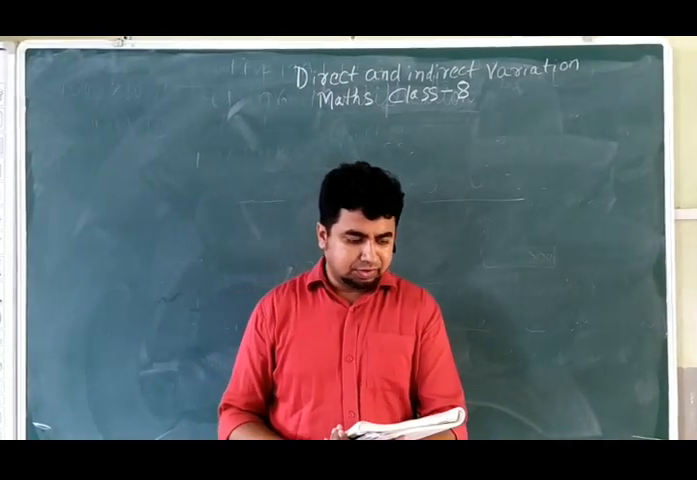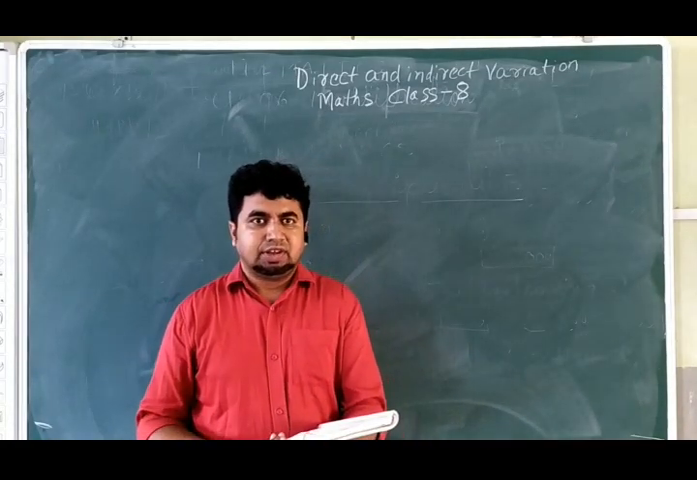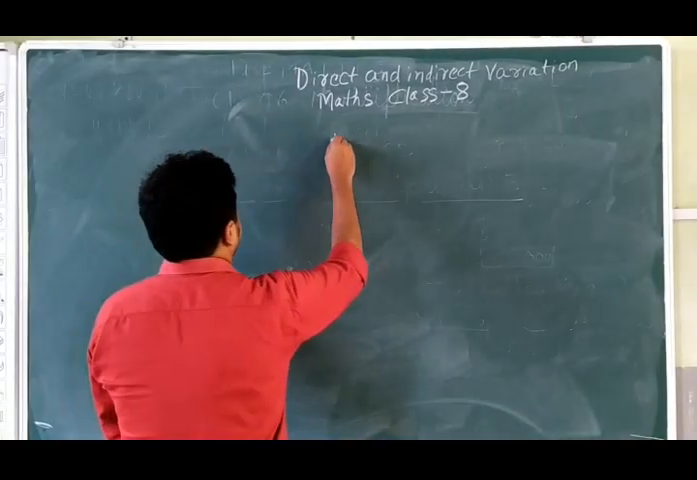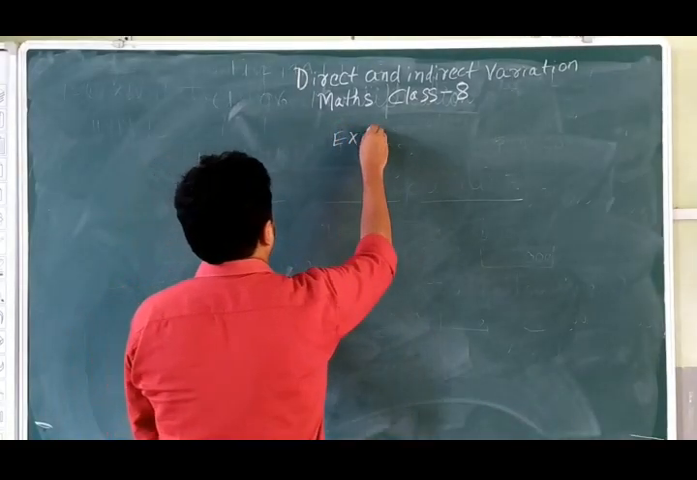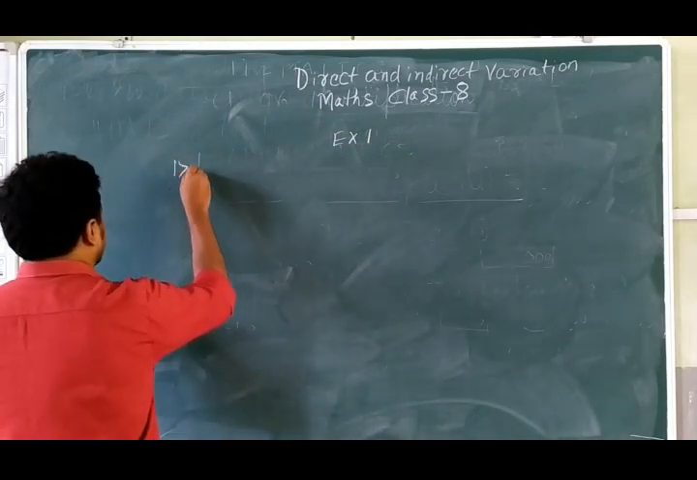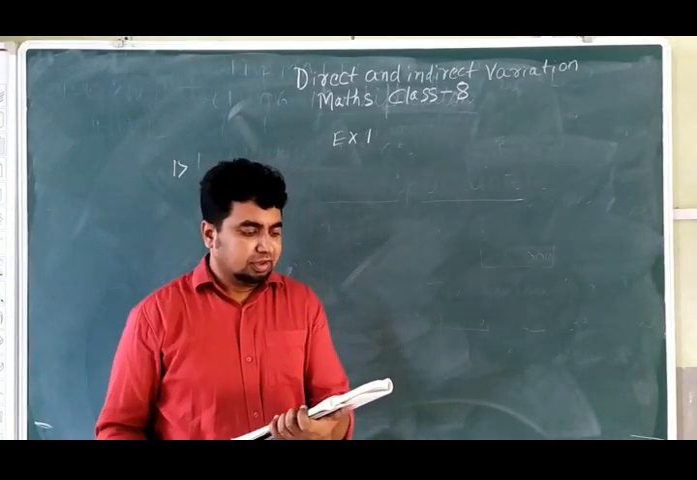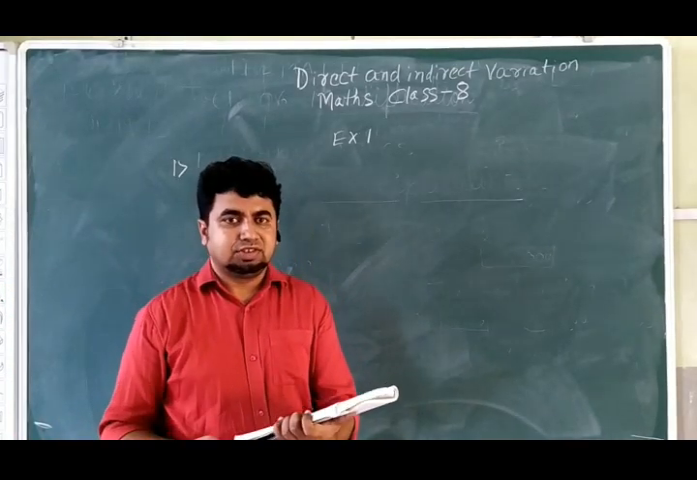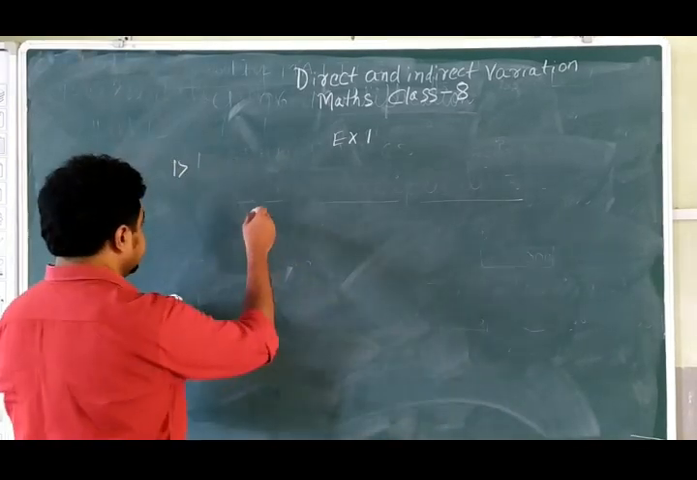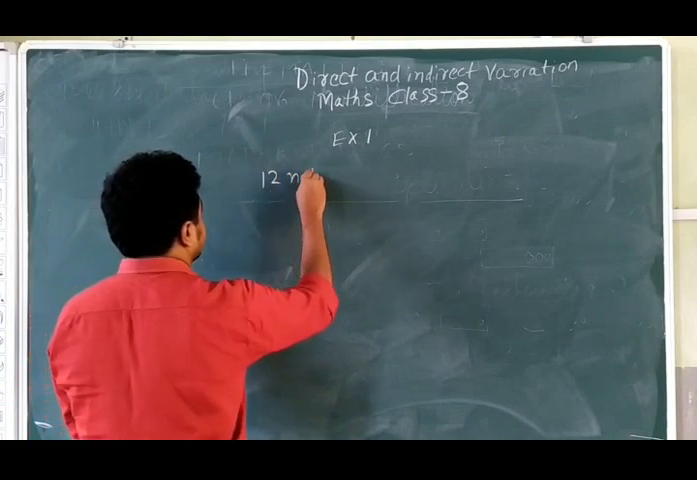In question number 1, a dozen notebooks cost rupees 186. A dozen, it is given. We are solving exercise 1, question number 1. It is given a dozen notebooks cost rupees 186. Dozen notebooks means 12 notebooks. Dozen means 12. So I am writing that 12 notebooks